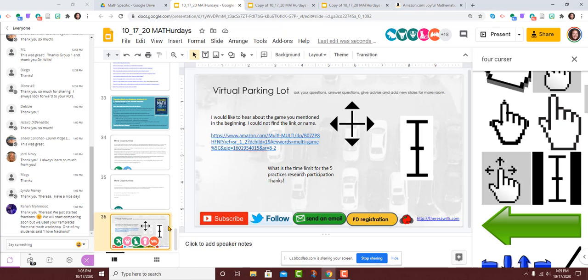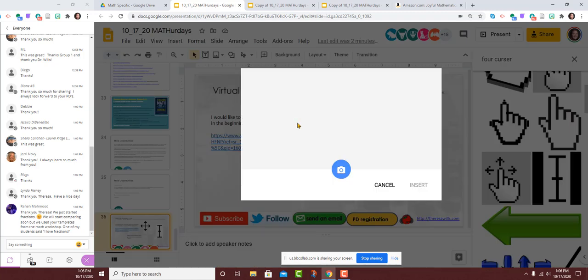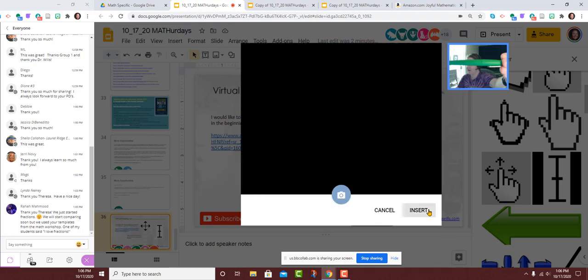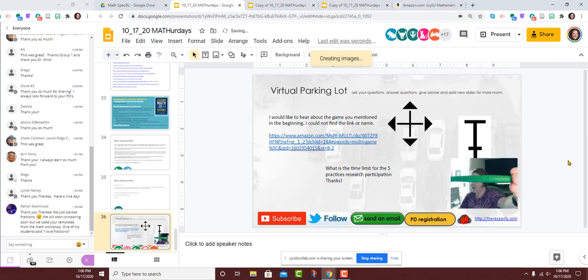So one thing that we didn't see too many of today, but are really important to me, are handmade manipulatives, things that the kids will grab that they have at home in order to represent the problem. Things like Cheerios and Legos are really popular in my class. They will turn on their camera and take a picture of what it is they're trying to model. So I'm going to show my picture here. They'll actually show what they are modeling from their handheld stuff. And handheld manipulatives are just as powerful online as face to face.